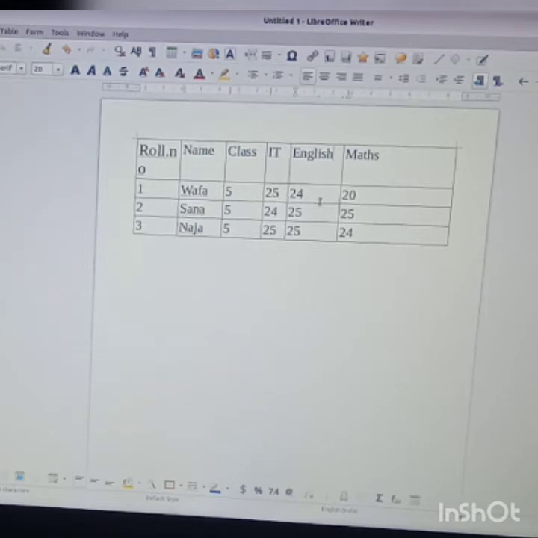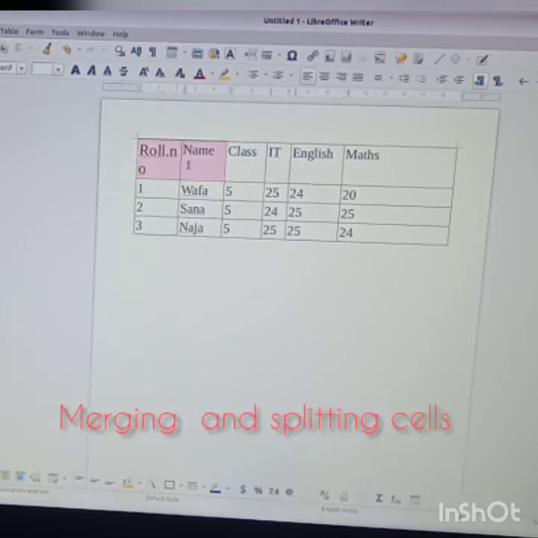Okay children. And the next one is merging. Suppose here roll number and name is there in 2 cells. Right. Roll number and name is in 2 cells and you want to make it as 1 cell, that is, you don't want this line. What to do? Select these 2. It means we can work with it.